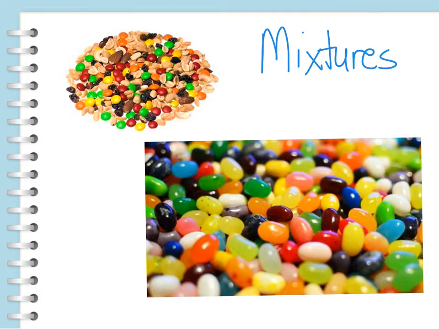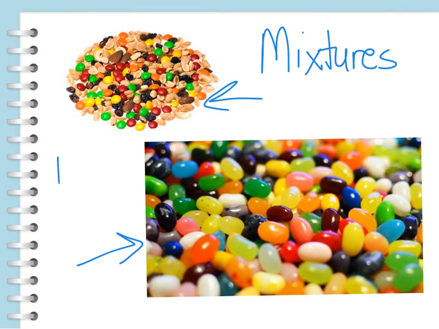For instance, in the trail mix up here, if you don't like the almonds, you can pick them out. And if you only want to eat the candies, then you just eat the candies. The same thing with the jelly beans here. If you only want to eat the orange ones, you just pull out the orange ones. Now, in the examples I gave, you are using your fingers to separate them, but there are other ways to separate